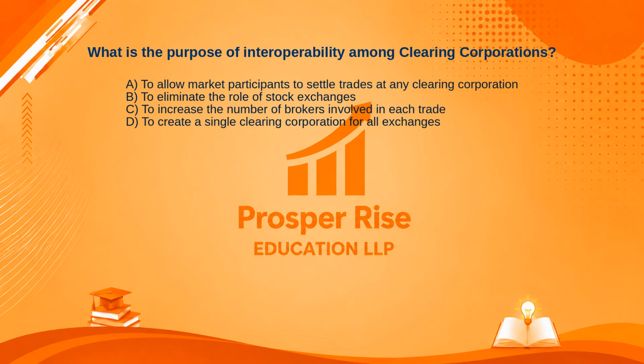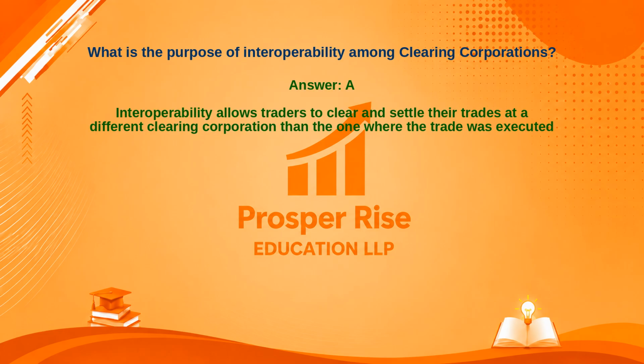Take a moment to pause the video and decide. The correct answer is option A. Let's see why. Interoperability allows traders to clear and settle their trades at a different clearing corporation than the one where the trade